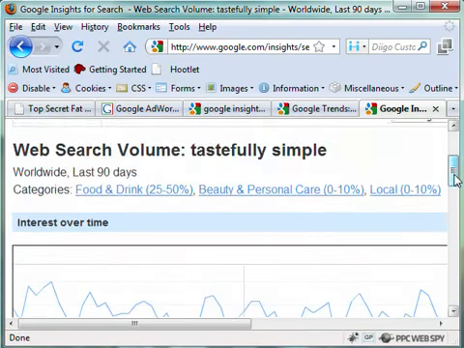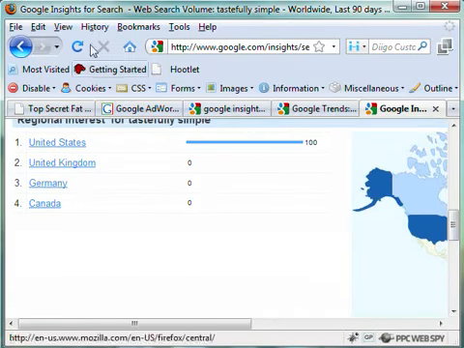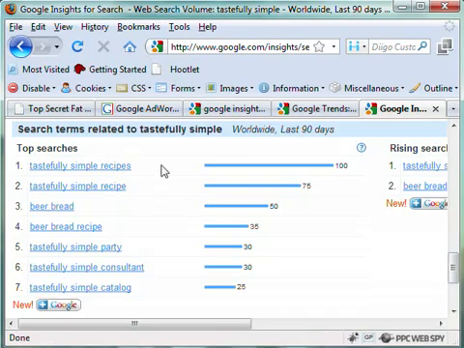Now, one of the other things that's useful within Google Insights is further down you will also see a list of search terms or top searches. And you can actually use these as a way of including additional keywords into your campaigns, or you can use these as negatives. Like, for instance, if I'm targeting MLMs in my content campaigns,